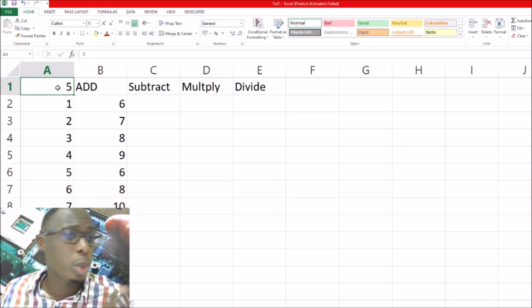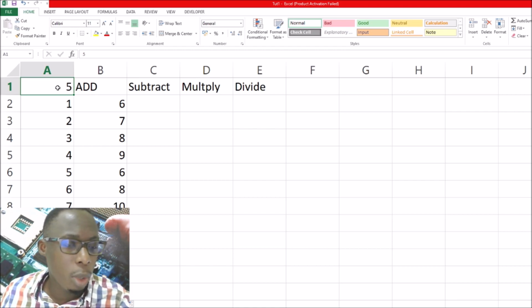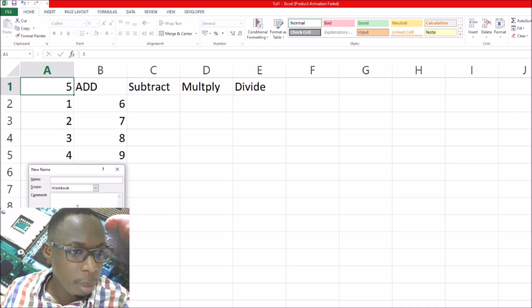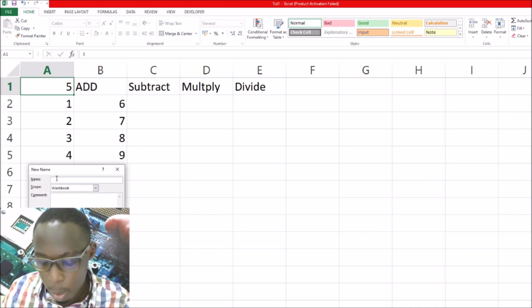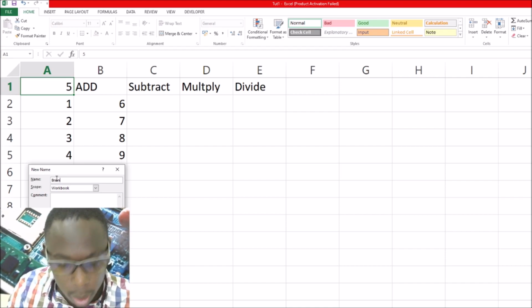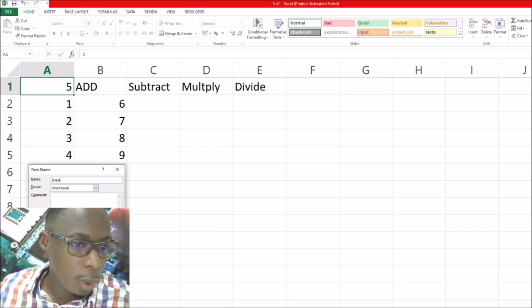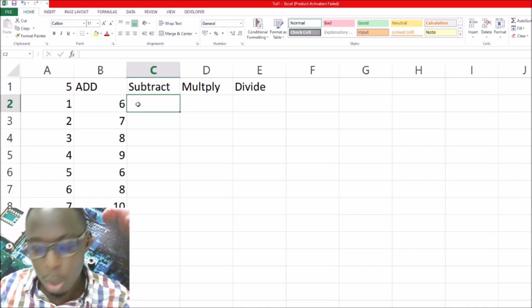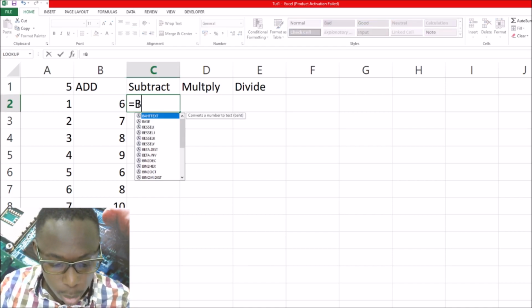We can also choose to give it a particular name. Maybe I want to rename it. I right click in the cell and rename or define a name. Then you can give it a name. I'm going to call this cell Brian. Okay, so I click OK here, and in my formula here, I'm going to say equals Brian